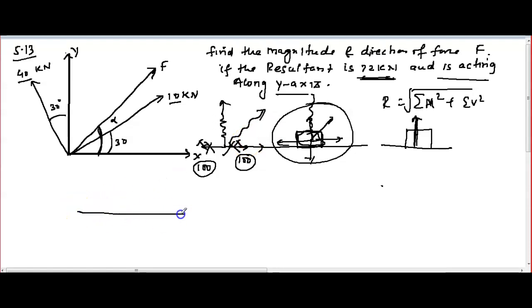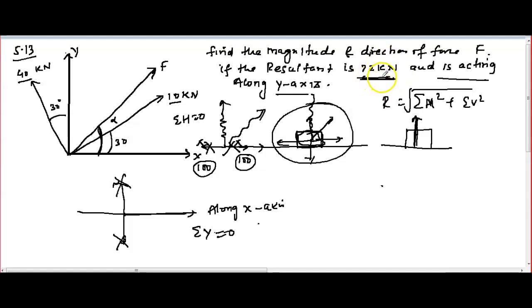Similarly, consider another question where finally it's moving along the x-axis. The x-axis means moving in this direction. So vertical is 0, this is cancelled here. So if it is given that it's moving along the x-axis, I have to write summation of Fy is equal to 0, the summation of vertical forces is equal to 0. And if it is given that it's moving along the y-axis, the sum of all horizontal forces is equal to 0. Is it clear?